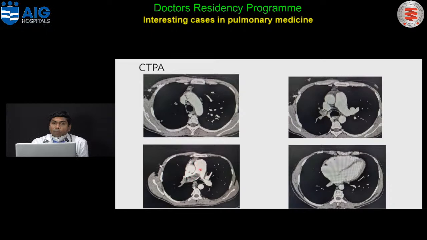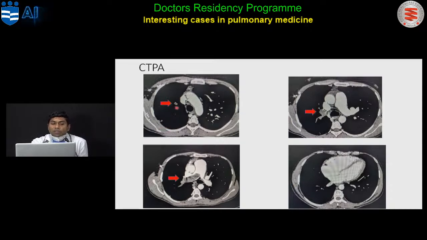This is the main pulmonary artery, and this is the right pulmonary artery, which is showing a large thrombus within it. You can see a thin sliver of contrast passing around this thrombus. So it was a large thrombus sitting in the major right-side pulmonary artery. That was the reason for this patient's breathlessness. And you can see that this thrombus was even extending into the segmental arteries.